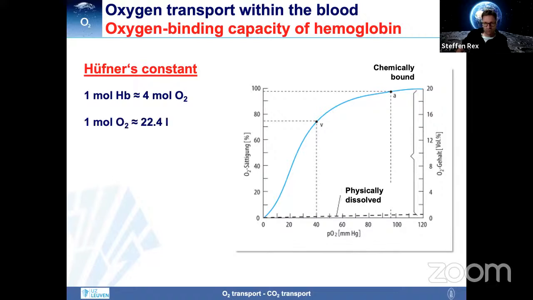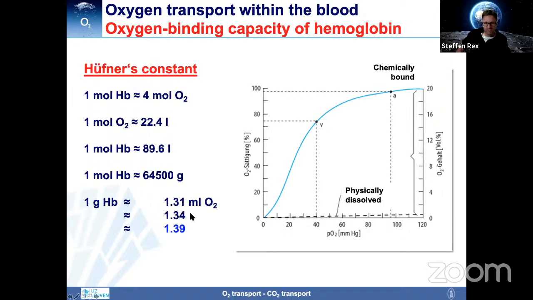We know that 1 mole oxygen equals around 22.4 liters. And we know that 1 mole of hemoglobin is then 22.4 times 4 makes 89.6 liters oxygen. We also know that 1 mole of hemoglobin weighs 64.5 kilograms. And then we can just divide